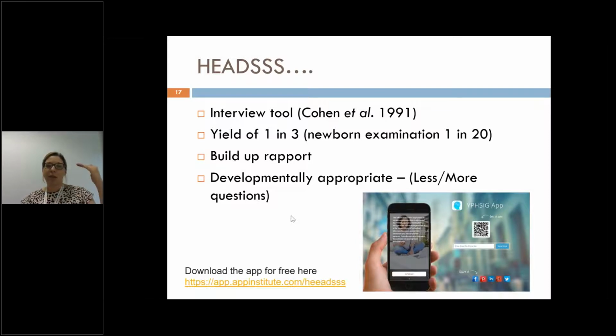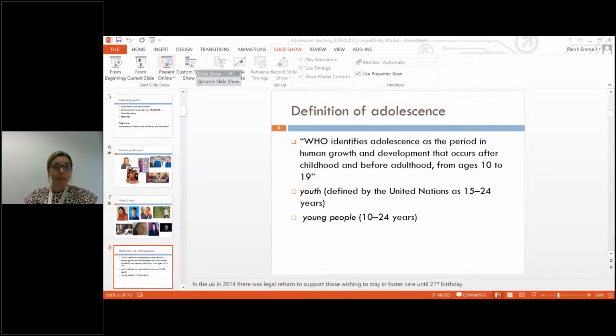The idea is that you start with the questions that are easier to lead into, or a bit more comfortable for you and for the young person, and then you get to some of the harder stuff once you've built that bit of rapport. Obviously, it's a developmentally appropriate model, so you use a little bit less in different age groups, but I would really say don't presume. Don't cut off lines of discussion, or think I'm not going to ask about that because of their age. You'll be surprised how many of your preconceptions can be